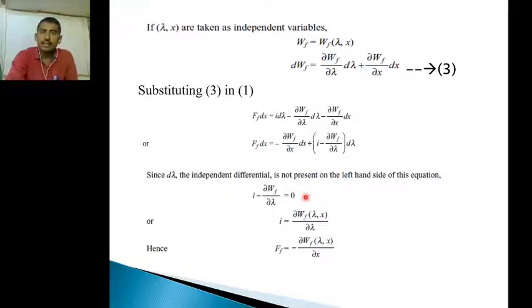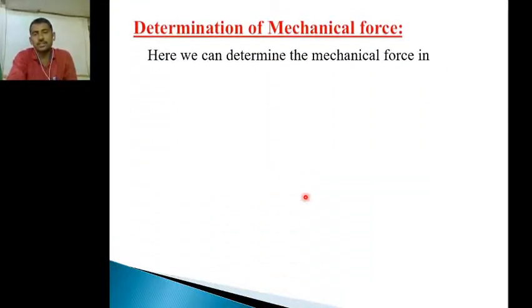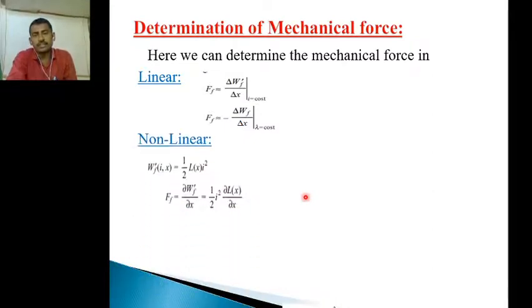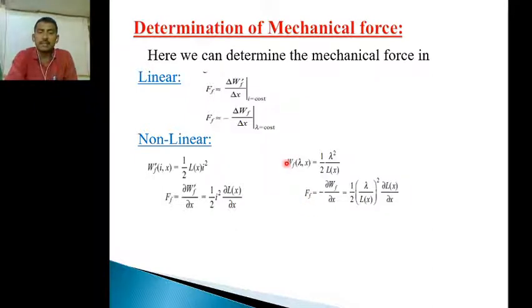However, we can write these mechanical forces in a brief manner. These are the brief representations of the mechanical forces. So what is that brief representation? If you consider I, then that mechanical force can be given as ∂W'f by ∂x. That means we consider I as constant, and that force is the co-energy force. Similarly, if you consider λ as a constant, then that force is the field energy force. Then we go for the Wf, and we can write that function as the Wf.